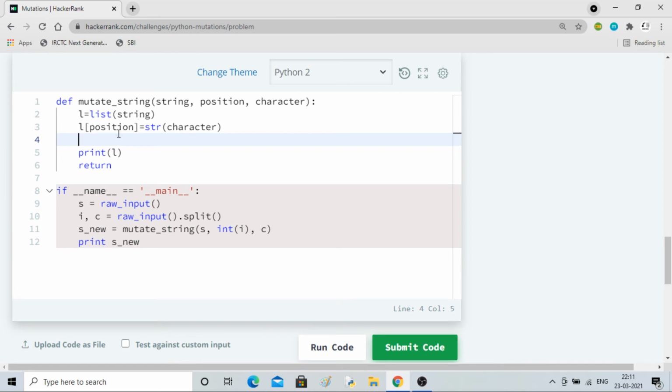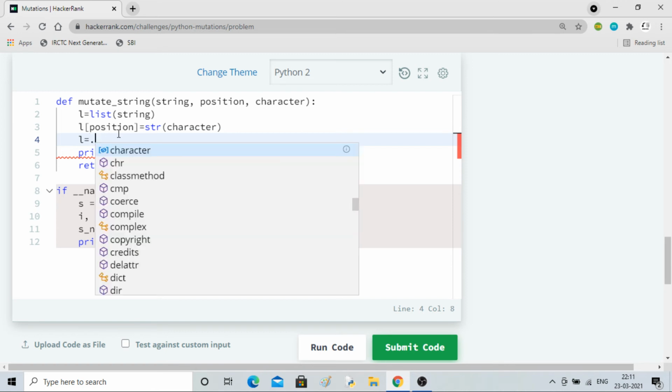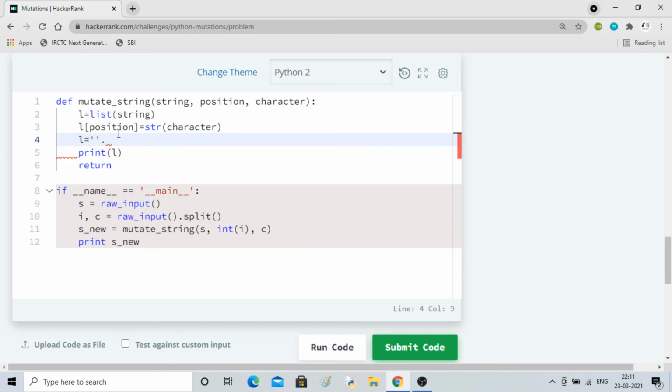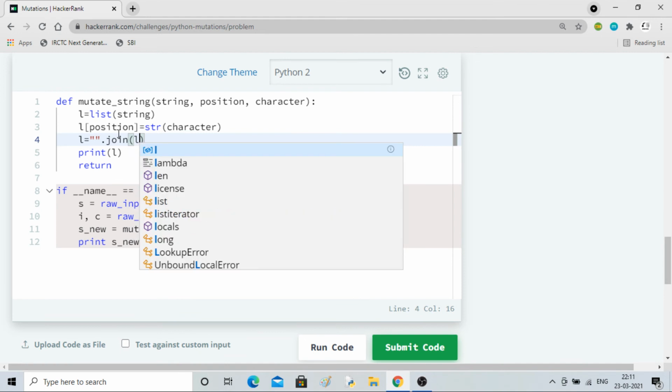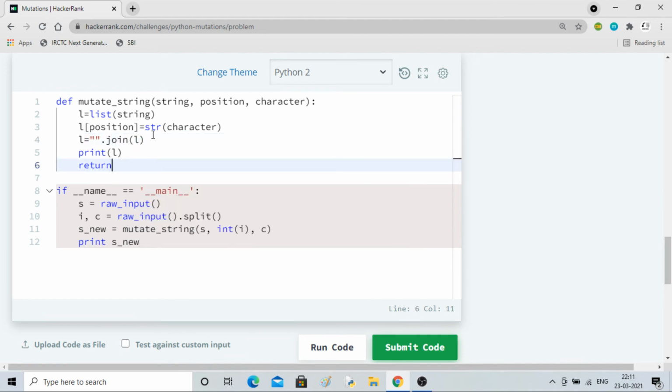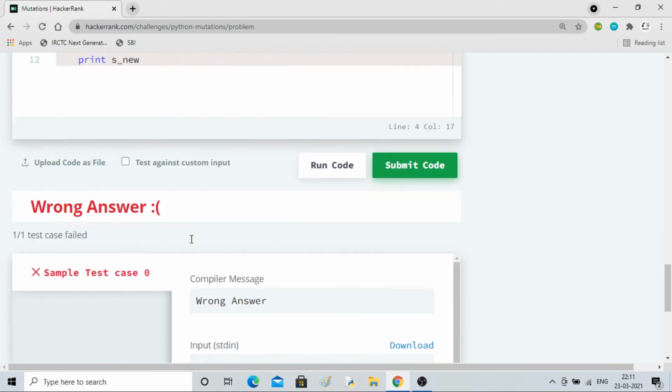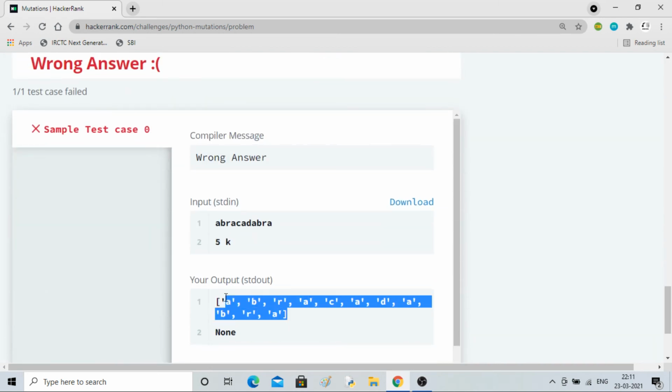Then finally what we can do is L is equal to an empty string dot join L. This is what we want, join L. So finally we will get the string back.